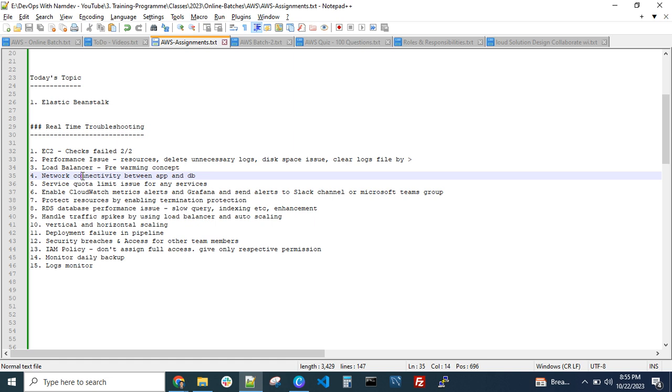And for network connectivity issues, sometimes we might miss adding the security port for the applications, right? Let's say you have an application and a database in our environment. So in that situation,